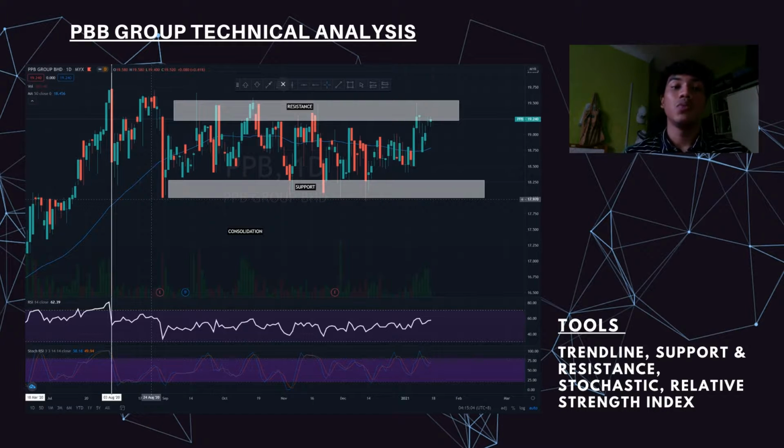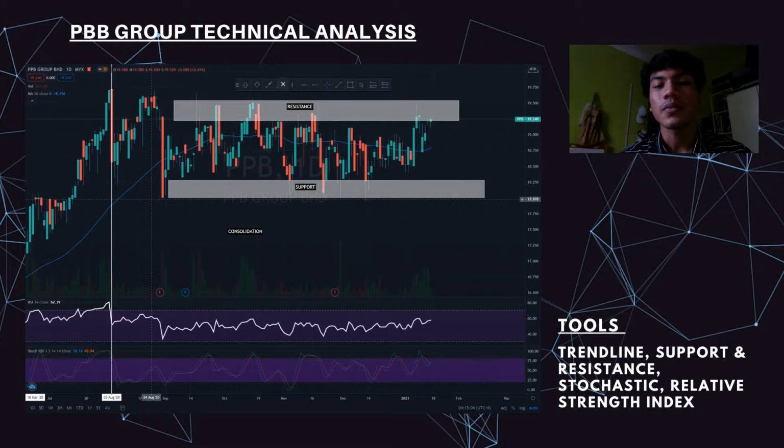That means we would expect the price to go down into the support zone next. Looking at the moving average line, it is below the current price. That means it's showing us a buying signal, but it doesn't correlate with the current price being in the resistance